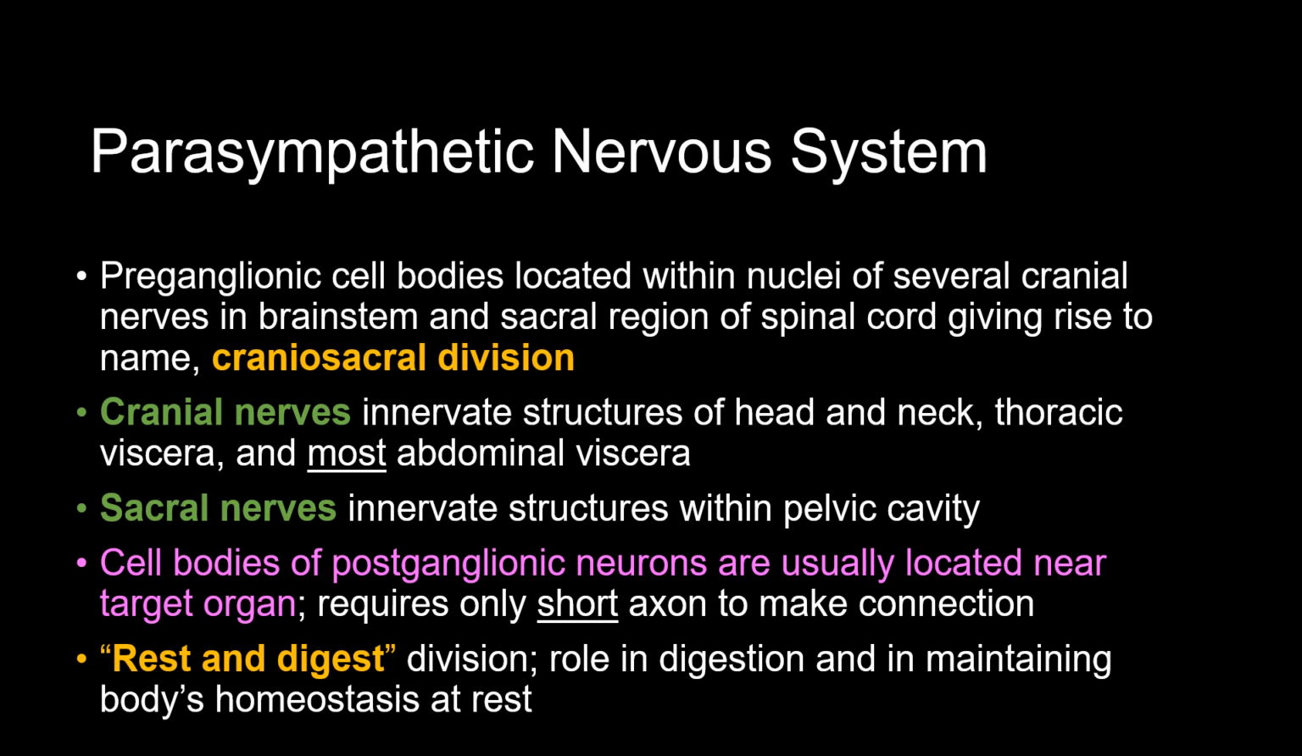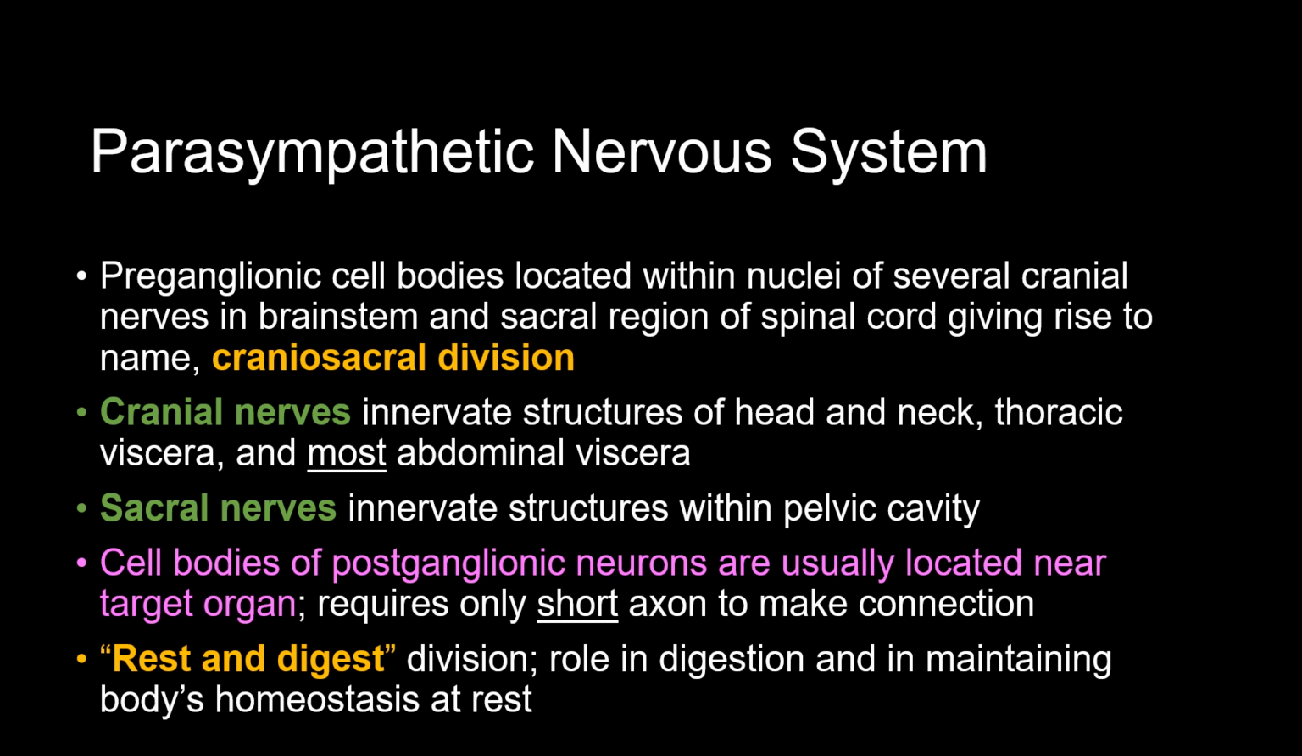Now, where the preganglionic cell bodies were located within the thoracic and lumbar division of the spinal cord for the sympathetic nervous system, for the parasympathetic nervous system, what you're going to find is they are more located within the brainstem, cranial nerves within the brainstem, and the sacral region of the spinal cord. Okay, so where the sympathetic nervous system is called the thoracolumbar division, the parasympathetic nervous system is called the craniosacral